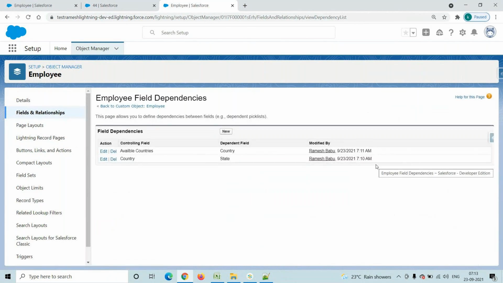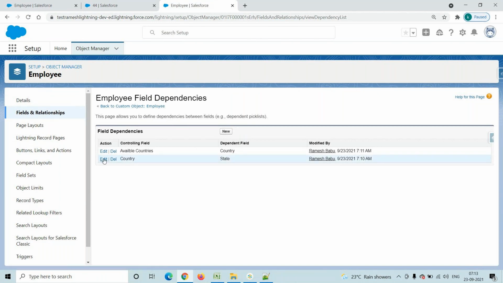Do we have to go there and update manually? Mahesh's question is, previously we added field dependency on the pick list values, and now we are replacing the pick list values. What happened to the existing field dependency? Again we have to update.